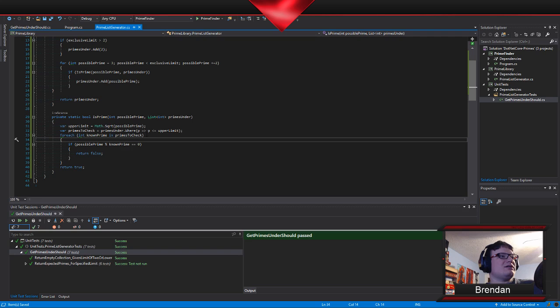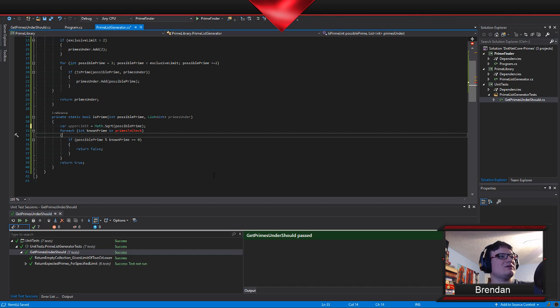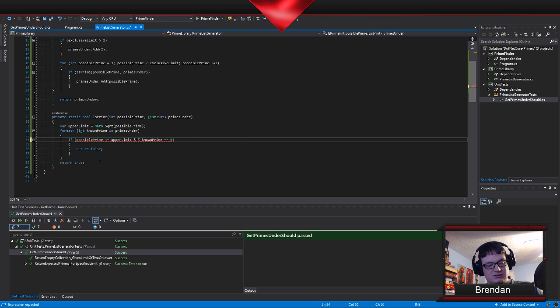Okay. So the next thing that I'm going to do is get rid of this where, and just put this on here, and I'm going to say if possible prime is less than or equal to the upper limit.